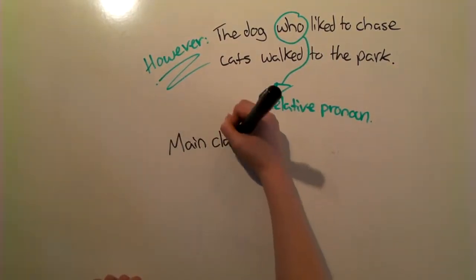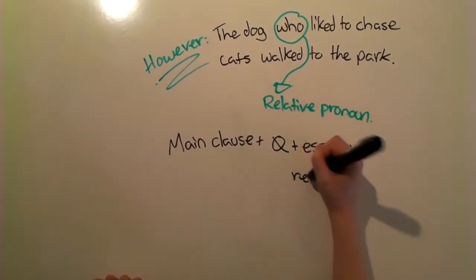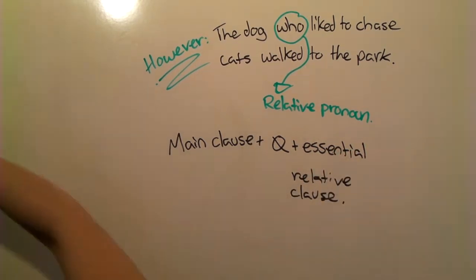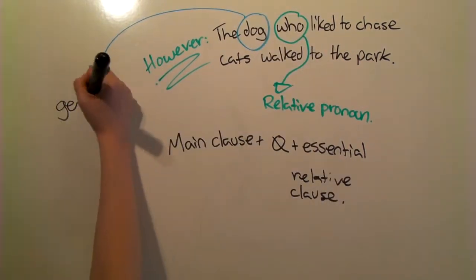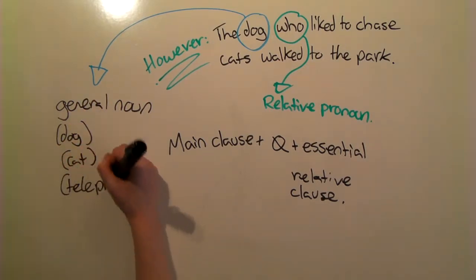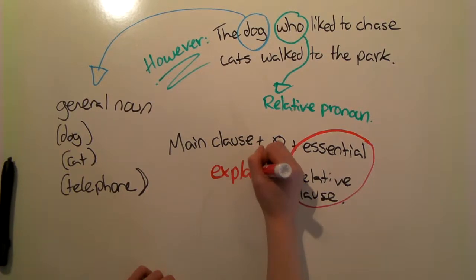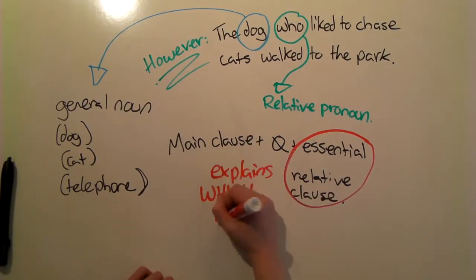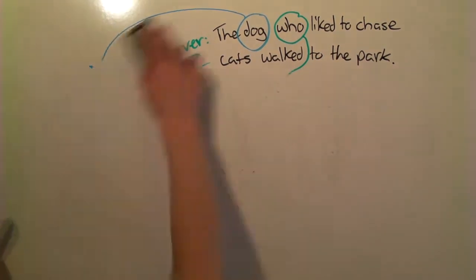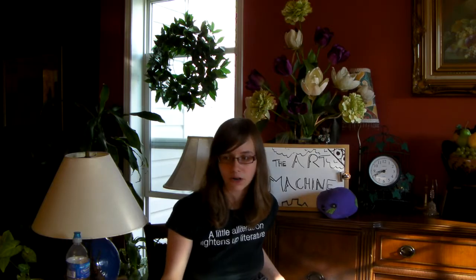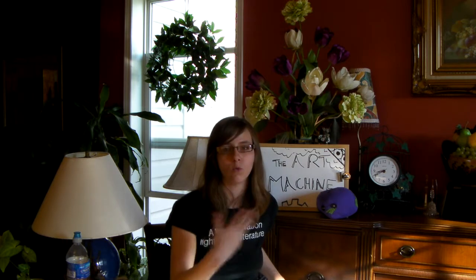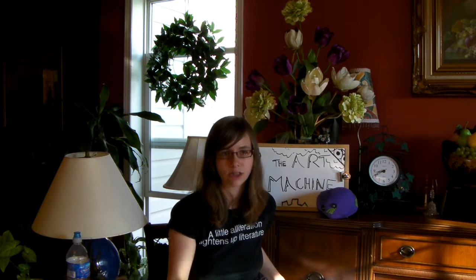So, whether the information is essential or non-essential basically has to do with whether it's identifying the noun or just giving you extra information. So, for example, the dog is a very general noun. It's not a proper noun like Scooby or Clifford, which tells you exactly which dog you're dealing with. So when you go, the dog who likes to chase cats went to the park, who likes to chase cats is identifying which dog it is. So it's essential to the sentence, not just extra information, because it